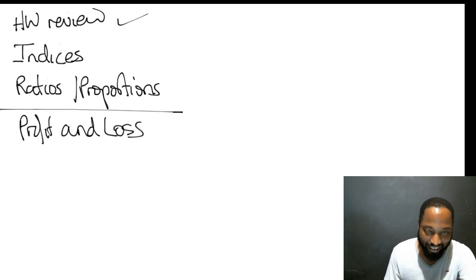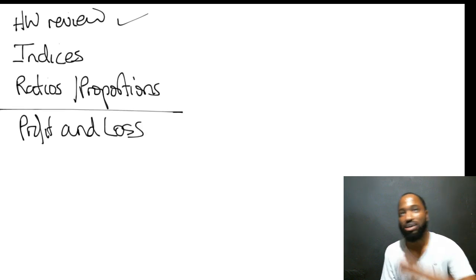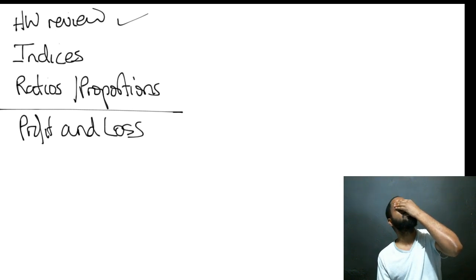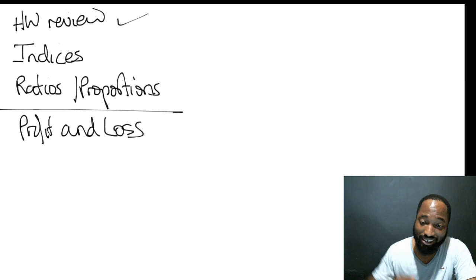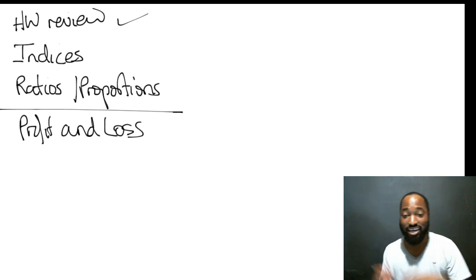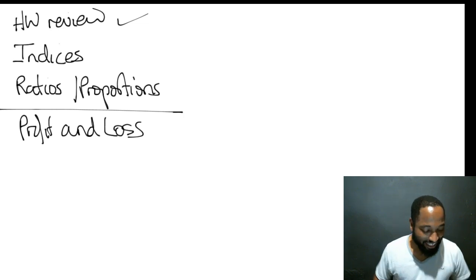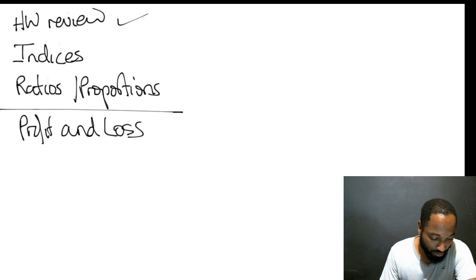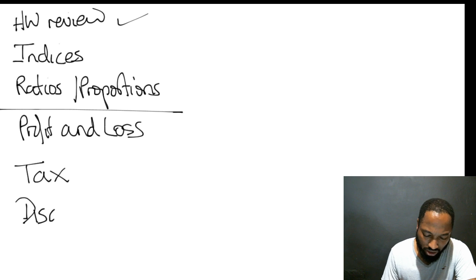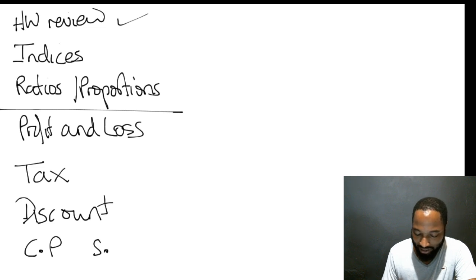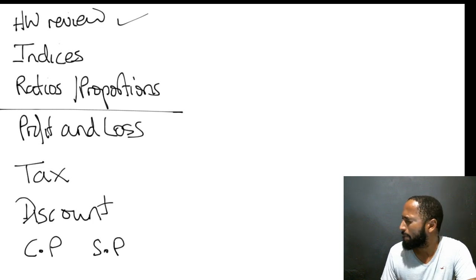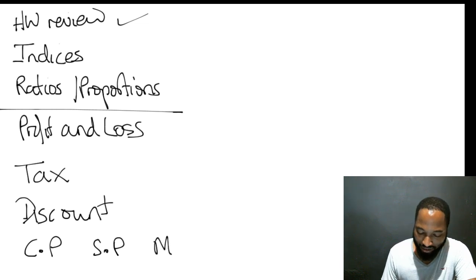From here we enter the land of consumer arithmetic, and this might take us 2 or 3 more classes. So this might take us straight into the holidays, and that will mean we are totally prepared for question 1 out of 10 questions in the CSEC Maths Paper 2. We want to also do a bit of tax, talk a bit of discount. I didn't put it in the group, but we want to talk a little bit about CP and SP, and I forgot the next one.